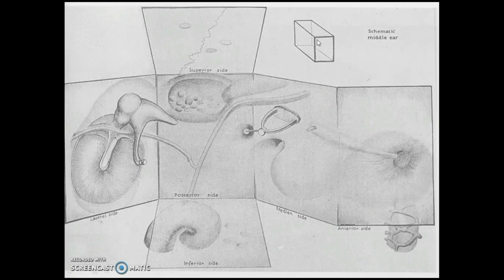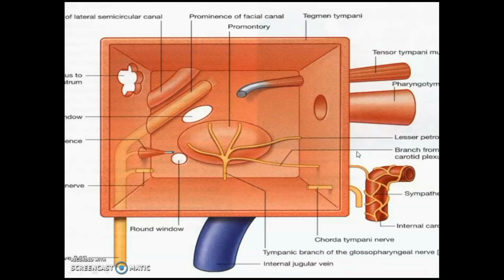So you can see, imagine in middle ear like a box there. The roof is there, formed by tegmen tympani. You are seeing the right middle ear from the anterior view. Laterally you can see the tympanic membrane. Medially you are seeing the promontory, and posteriorly you are seeing the facial nerve there and aditus to mastoid antrum, and inferiorly you are seeing jugular bulb, and anteriorly you will see the auditory tube there.